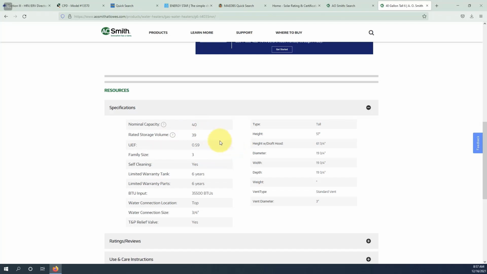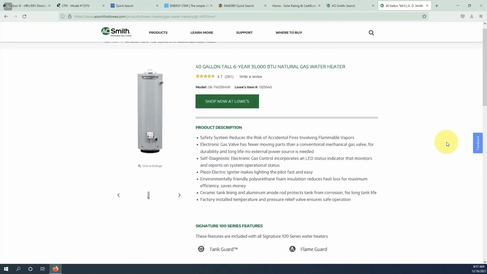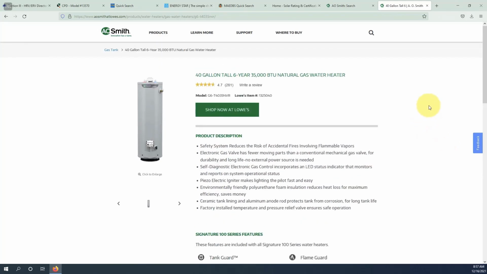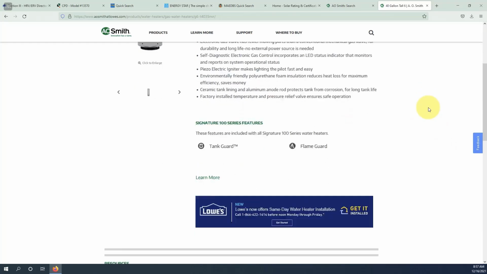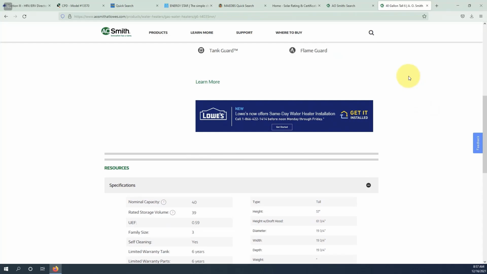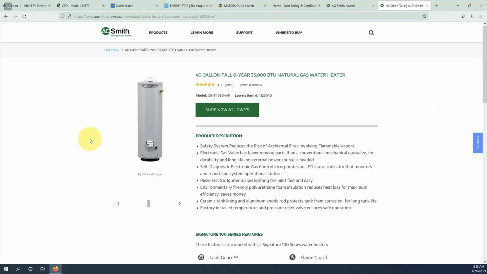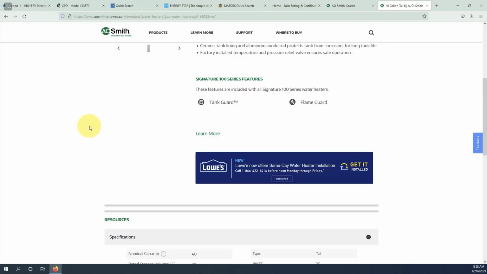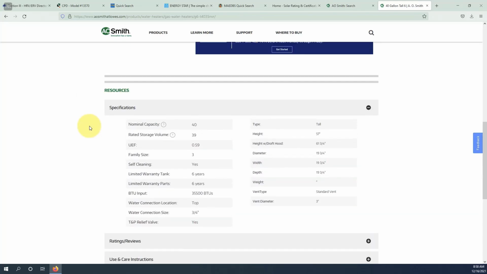We need that UEF. That's our uniform energy factor. We need to know the rated storage volume for our models. So we've got what we need here. We can look at that. We know that this is where the manufacturer has their information because we saw that on the manufacturer site. So once again, I'm going to print the page so that I can show where I got it. So what I'm going to do is do a screen print, and then I'll scroll down and get a screenshot